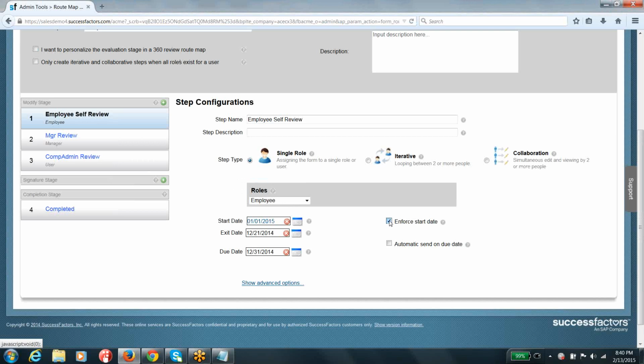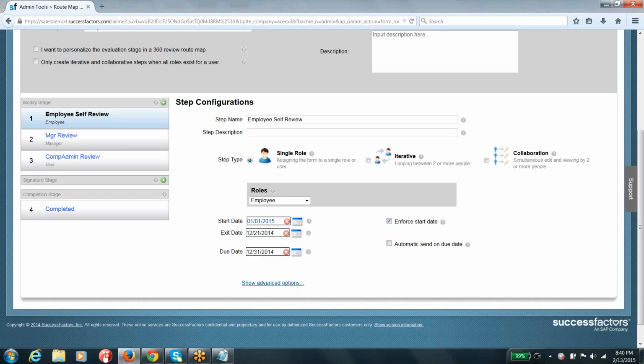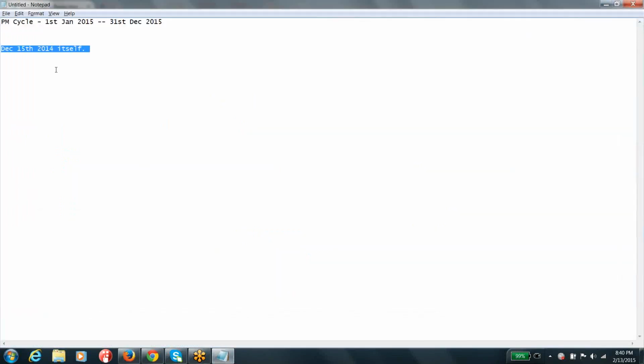Let me repeat that, guys. I'm really sorry about that. Whatever start date you are seeing here is the ideal system start date. That is when you are supposed to work. But say your administrator has launched the form to you on December 15th itself, so the form is available with you from December 16th. You can go ahead and work on this form, update your comments, and start working on that, guys.